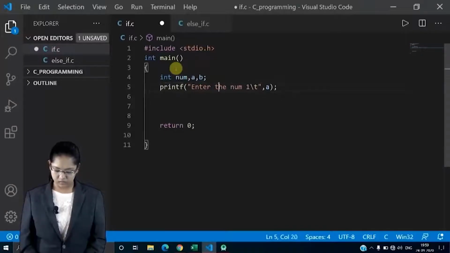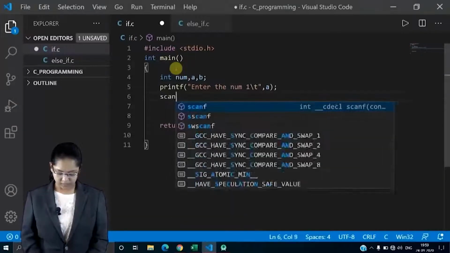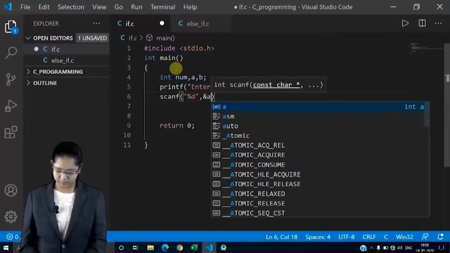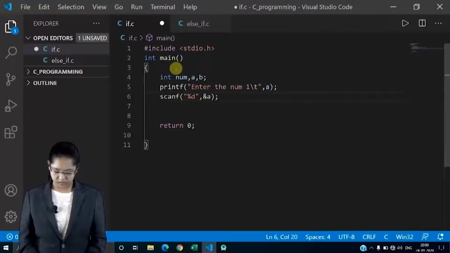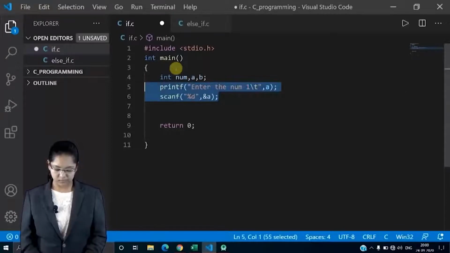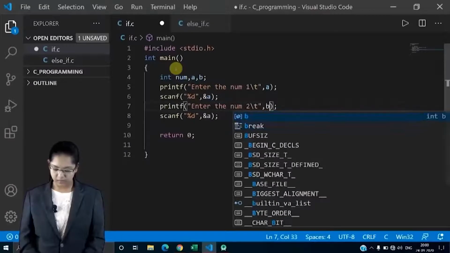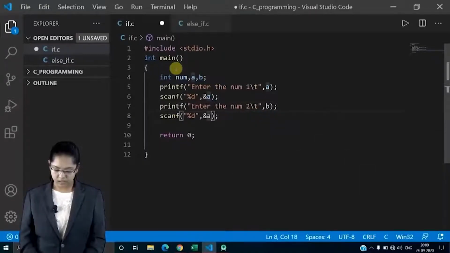Similarly scanf, for percent d and pass a, okay. Then copy this, paste it, enter number 2, here pass b because b is my second number, right, and in scanf also pass b.